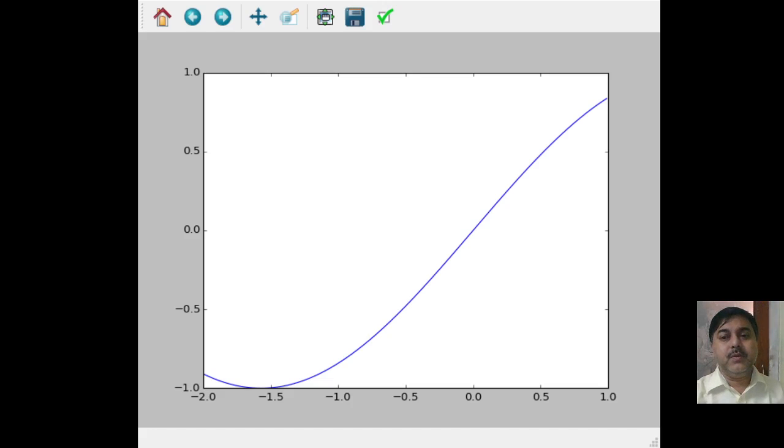Now see here in this particular part we have this diagram. In this diagram the form is like a wave. Now how has it formed like a wave? Based on the formula that has been implemented here. The values are from minus 2, as I have said, started up to 1. So minus 2, then minus 1.5, then minus 1, then minus 0.5, then 0, then plus 0.5, then 1.